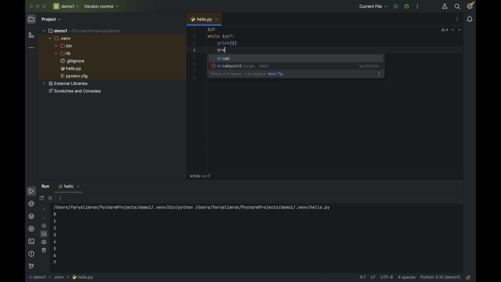Okay, if I go for print i and then break, it means after printing it breaks. Let's see what it does. See, because one value has been printed, it won't go into an infinite loop. To stop it from the infinite loop, you just print the i value and then a break. Break means it will just get out of that loop, that loop is finished, so it won't go into an infinite loop. And if we go for